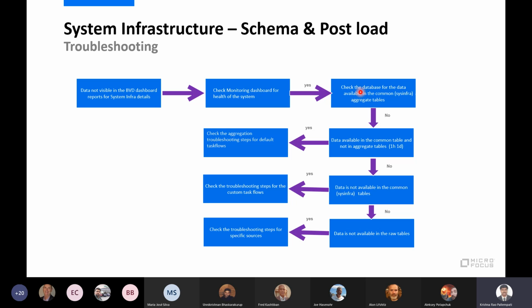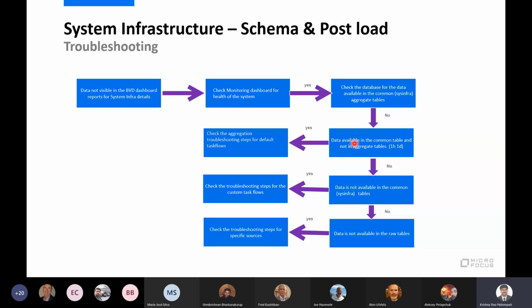If you don't have any data in those common tables, then we need to troubleshoot the aggregation steps. If there is no data in aggregations, let's go to the aggregation steps.